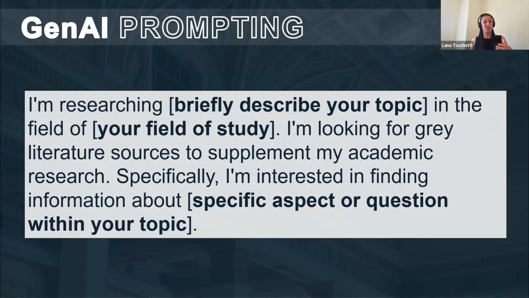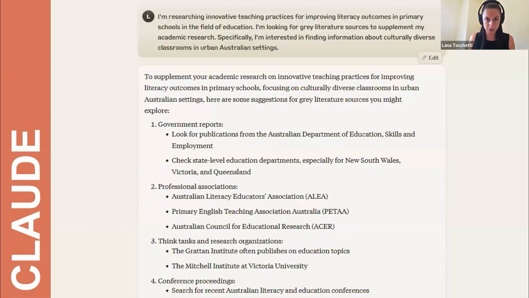So I tried this out with another example, this time in the education field. So let's have a look and see what Claude gave me for that one. Okay, so this was the prompt where I subbed in some words. So I'm researching innovative teaching practices for improving literacy outcomes in primary schools.